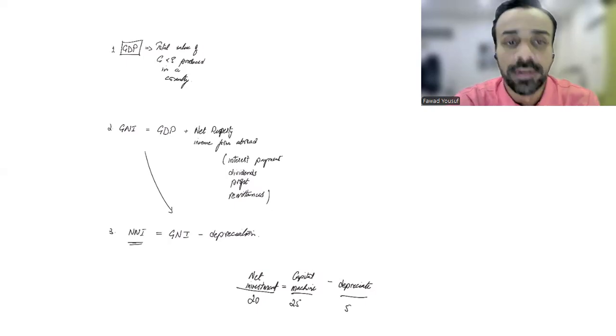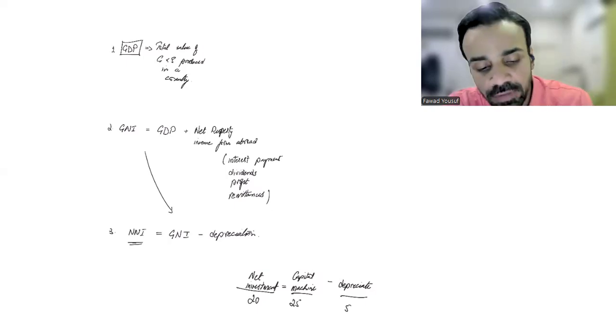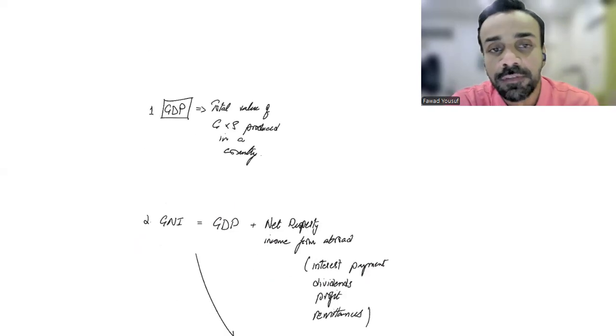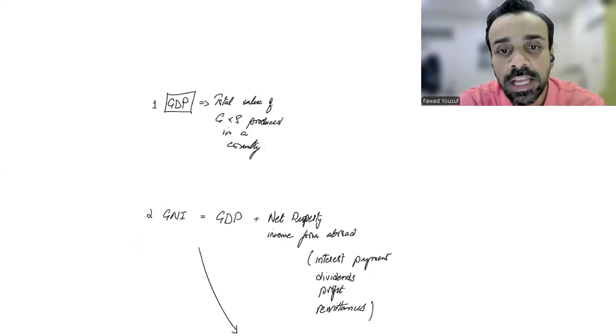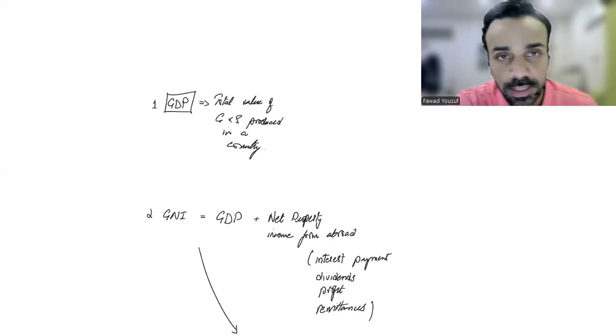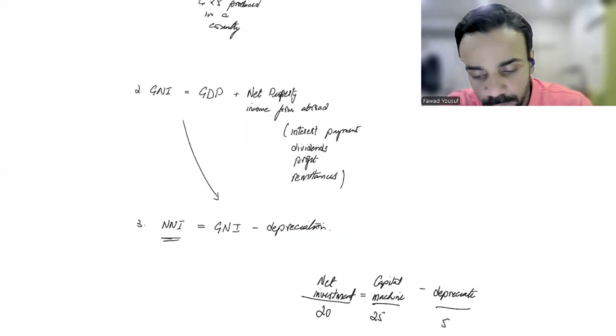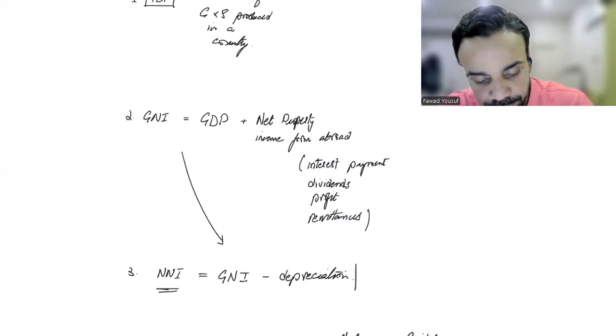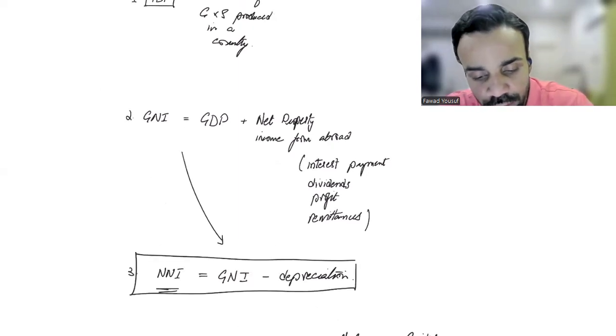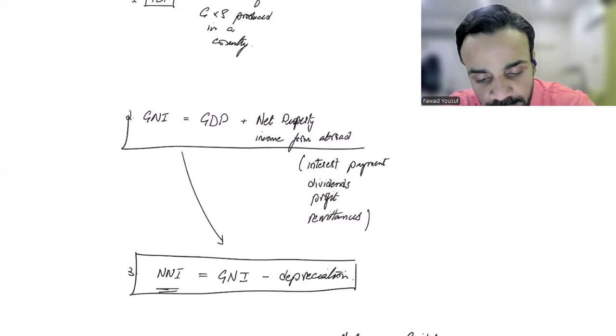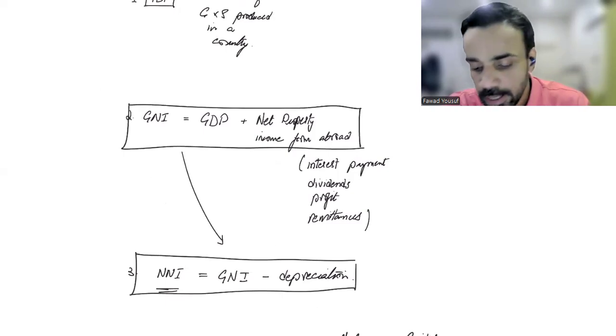Some sort of comparison. So obviously, even if you have to do a comparison, first thing you need to know is their respective formulas. GNI or NNI ka I have given you the formulas. These are the formulas. Obviously, and then uski jo value hai, that will depend on these formulas.